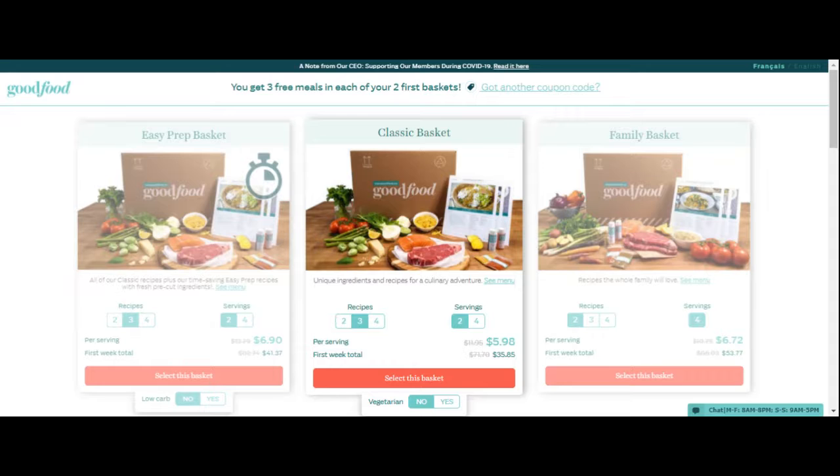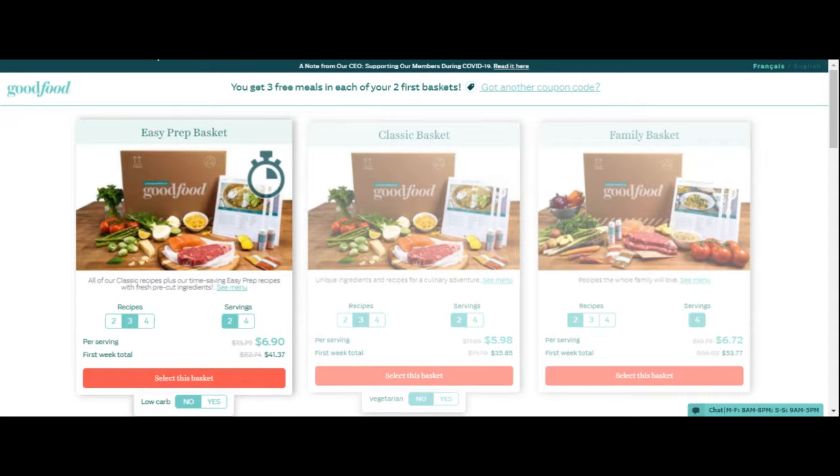Maybe another test idea is someone, for some reason, doesn't think that select this basket is good. Maybe they're going to say select this meal. Then we're going to do another A/B test. So you list items. Remember we said a list of test ideas. So you could think of test ideas like this. You list them all, list them all, list them all. We're going to change select this basket to select this meal. Or continue. Maybe someone says continue. Or select. I don't know. So you go on and you go on and you go on. And then